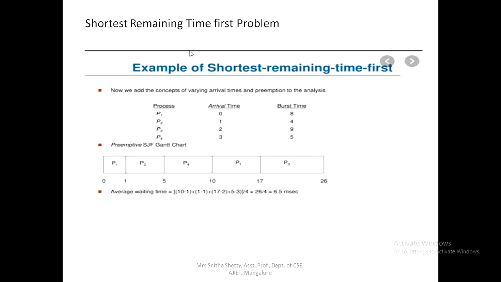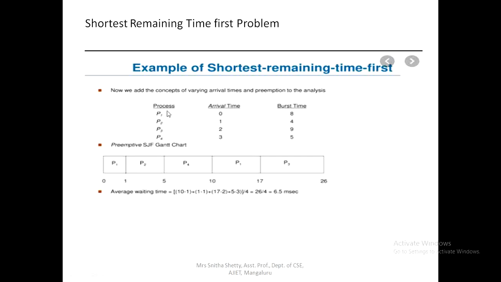The input for this is the burst time or service time, and also the arrival time, at what time it is coming. That is known as arrival time. If you know the arrival time and burst time, you can calculate the waiting time, turnaround time, and finishing time of the process. Now you can see on the screen there are 4 processes, P1, P2, P3, P4.